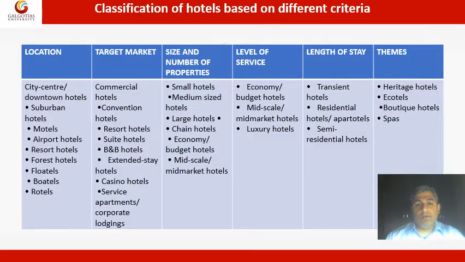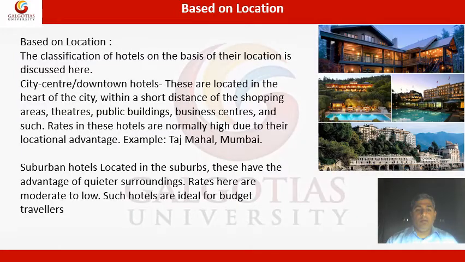So today we are going to discuss about the classification of hotels based on location. You have city center, also known as downtown hotels, suburban hotels, motels, airport hotels, resort hotels, forest hotels, flotels, boatels, and rotels. So based on the location, let's start with the first one, which is city center, also known as